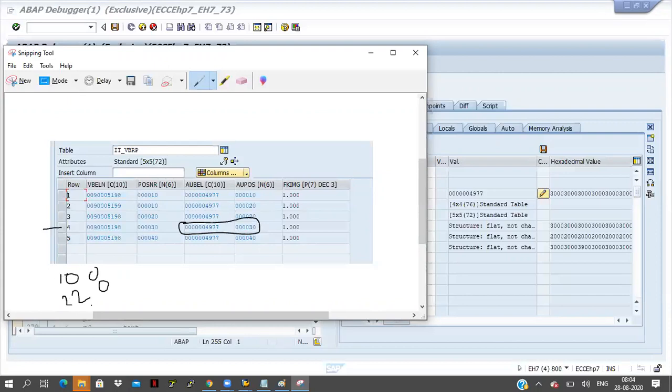So what will happen here: for each and every record it will check. First of all it is coming to the fourth record.